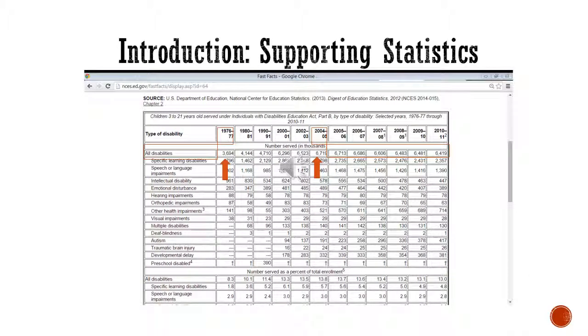If you review the data from the U.S. Department of Education, you will see that from 1976 to 2005, the number of students receiving these services increased. If you click on the banner, you will be able to see more detail on these data points from the U.S. Department of Education Educational Statistics website. Just looking at the first line of the chart here, you will see that the total number of students among all disability categories